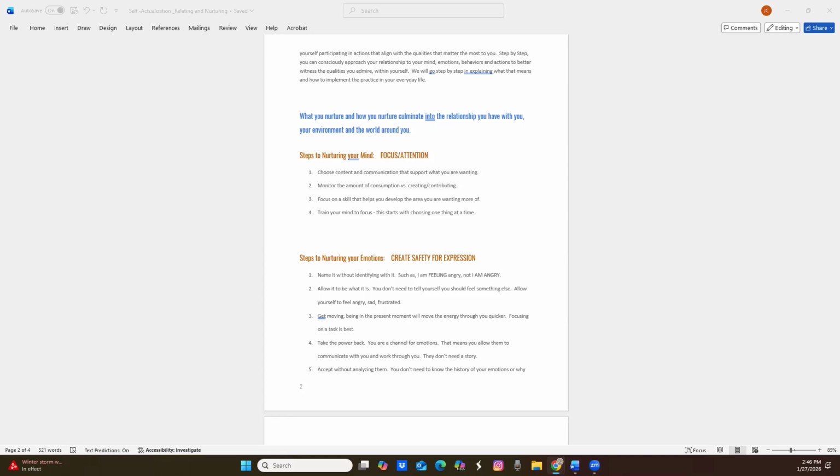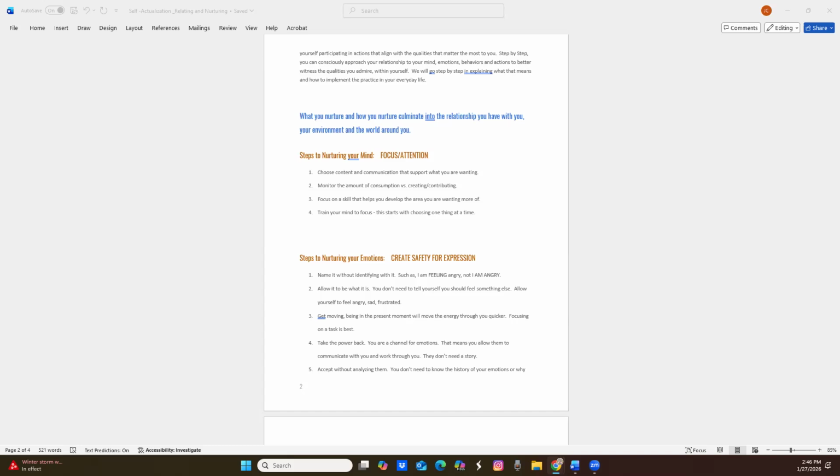The next step is allow your emotions to be what they are. So if you have a negative emotion, allow it to process, allow it to express itself through you so that you don't repress it. Yes, they're challenging at times, but you don't want to run from it. You don't want to repress it. Let your emotions know that they're safe and they're not shameful, no matter what it is.